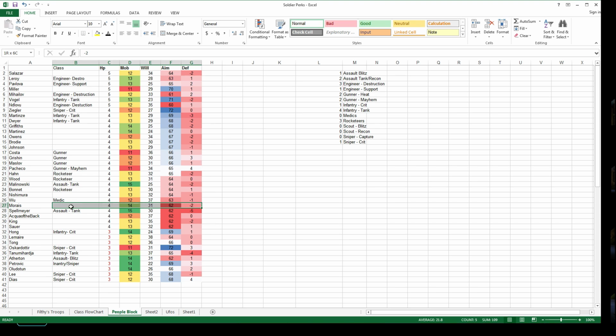What do these stats say? That says assault to me. Be either one. Okay, we'll call that blitz for now. All right, did we get through this, by the way? Correct. We have 3 crit snipers right now. 0 captures, 3 rocketeers. Okay. We just pick up another assault blitz and a